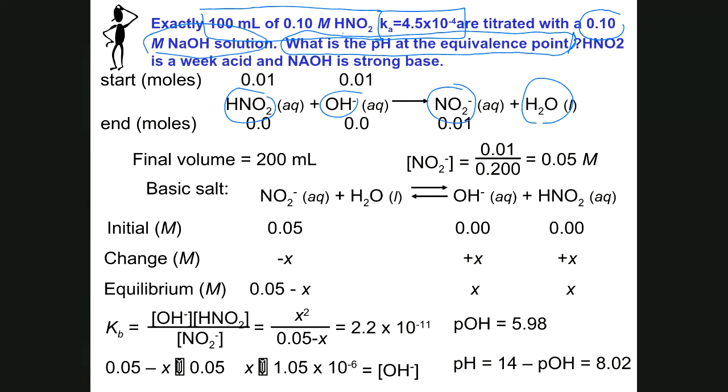When you are setting up ICE for titration, you need to convert those to number of moles. Subtract the number of moles, you end up with the final number of moles at the end point of the reaction, then you can convert it back to concentration before you can use your Henderson equation